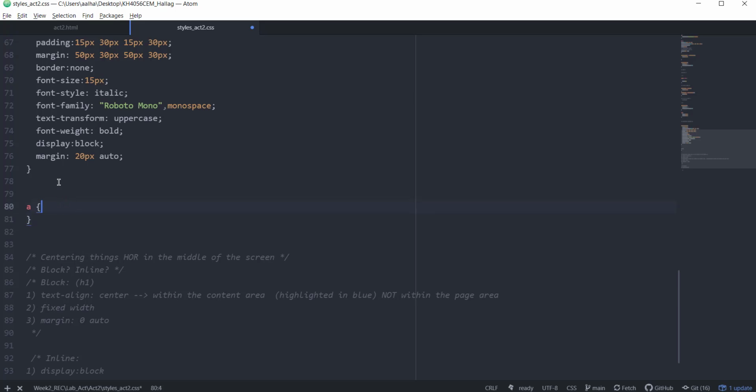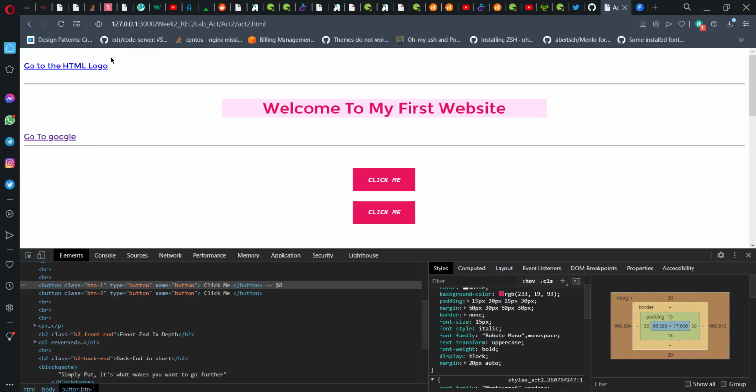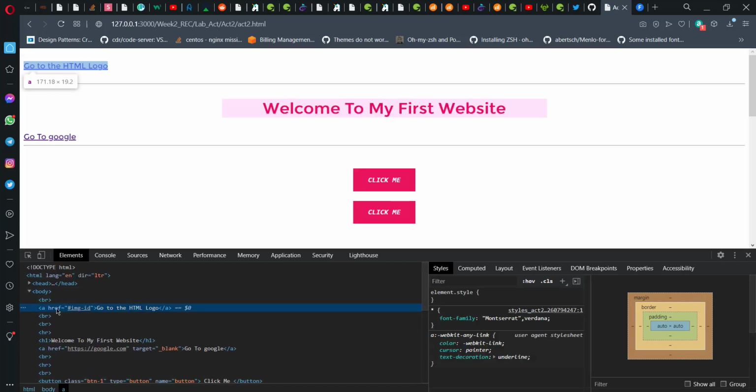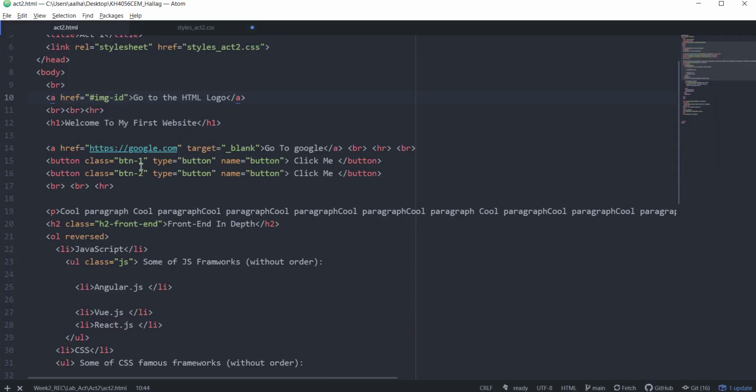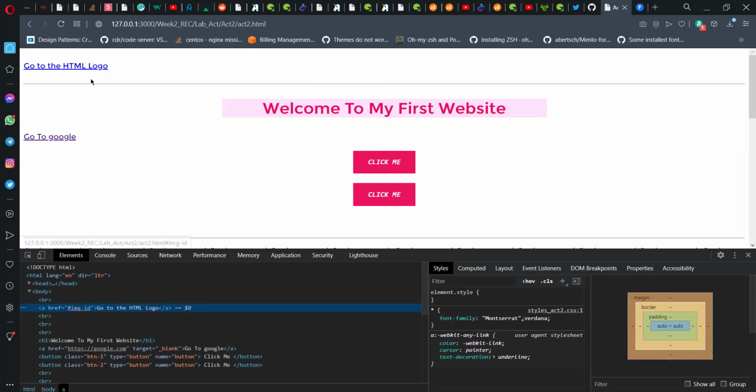Okay, and notice that the links by default are inline level elements. So let's just stand on this. This is inline, because it literally has just the width of the text. But we happen to have a BR after it, so it's not looking that inline. If we remove the break lines, you're just going to see that